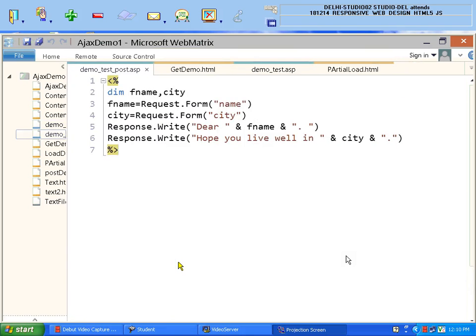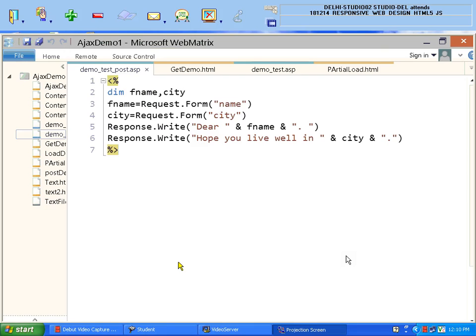Now please try to find this example. This is again another ASP file I am going to make, and I am trying to declare two variables, fname and city, and then I am writing fname value equal to request.form.